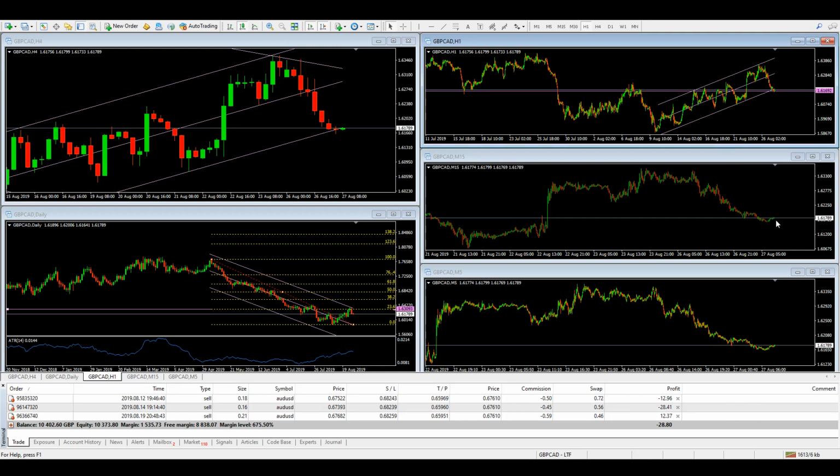Our lower time frames are definitely bearish at the moment. It's just we need a bit more correlation on these lower time frames. So if you are watching this, I would say just watch for a break of this support here, and once it's broken, or if it breaks, you could then start looking at this price action down here, waiting for it